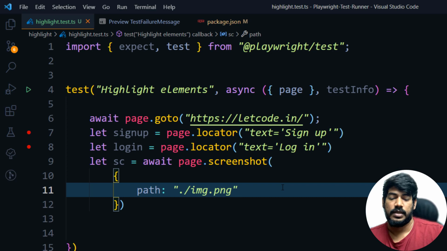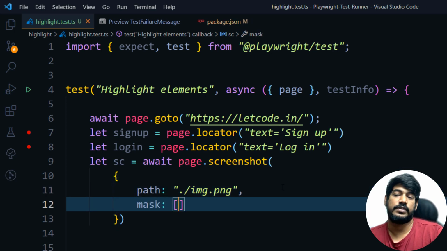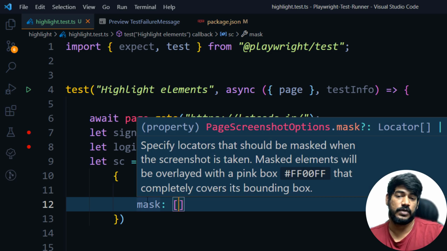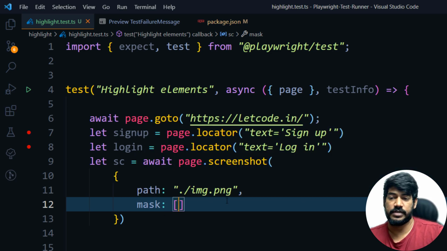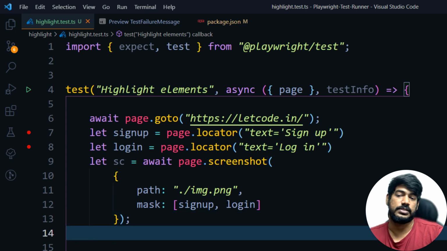Okay, and here we are going to say mask, followed by the locators within an array. So this mask basically accepts an array of locators. Here I will say the first locator, that is sign up, and the second locator, that is login. Okay, now we can simply run this, but what will happen is that the screenshot will be taken, that is for sure, but we also want to attach the screenshot in the report,